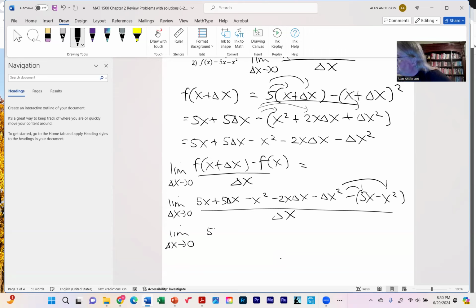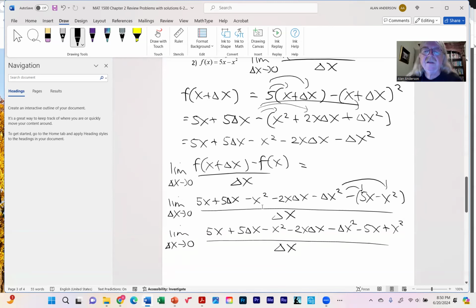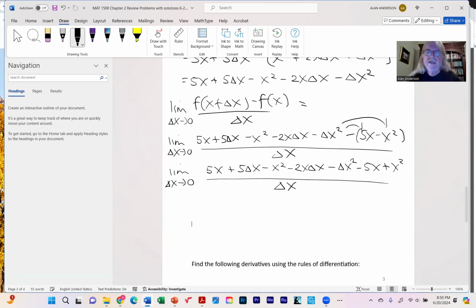And let's do that first. Okay, now we can reasonably expect there to be some cancellation. These two cancel out. Here's two more. I think that might be it. So we're left with